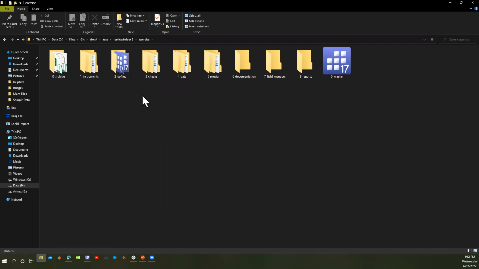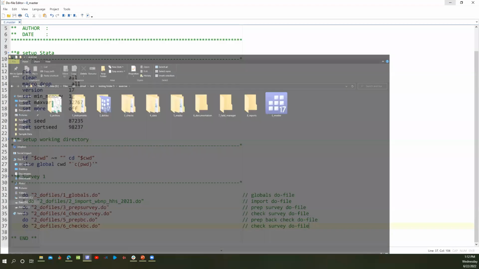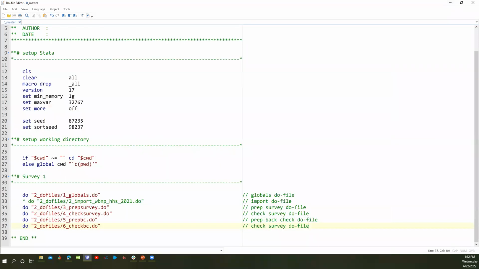I have a question. Yes, please go ahead. Okay, my name is Babali from Rwanda. In the master do, can you open the master do? Okay. Sure. Here in the setup working directory, when your username, let's say my name is Baba Ali, and the username on my laptop has a space, Baba space Ali, the do file doesn't work.